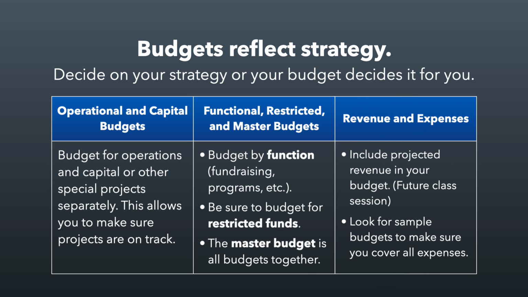It's important that when you're budgeting, you're also projecting your revenue in your budget, that you're not just projecting expenses, but that you also have done revenue projections and you have a sense of what money is coming in so you know how much to allocate toward the various expenses in your budget. And if you're doing budgeting for the first time, it's a good idea to take a look at sample budgets from other organizations to make sure you're not missing any key expenses, because there might be things that you are going to spend your money on, but it just hasn't occurred to you. And if you look at sample budgets of similar organizations, that'll give you a sense of what costs you might